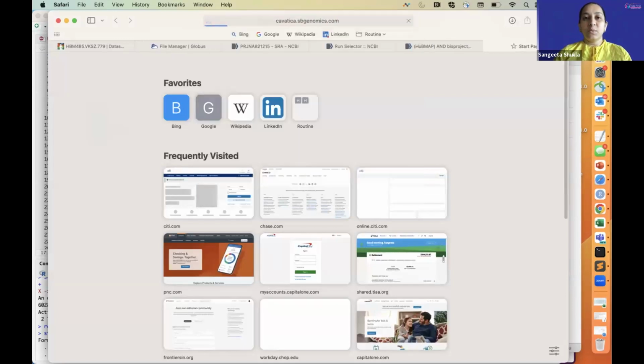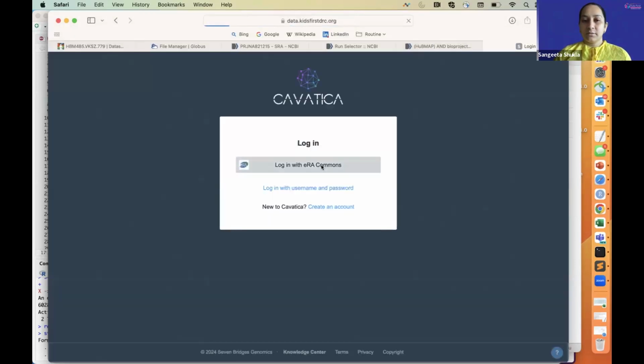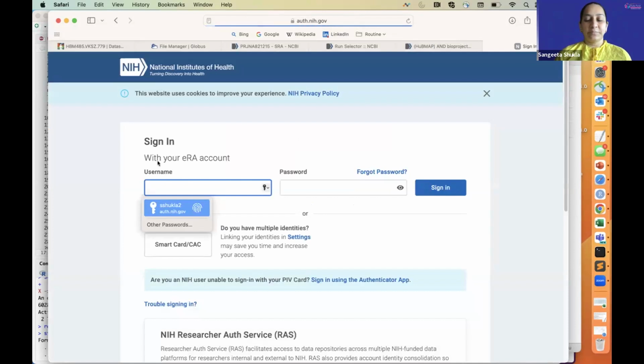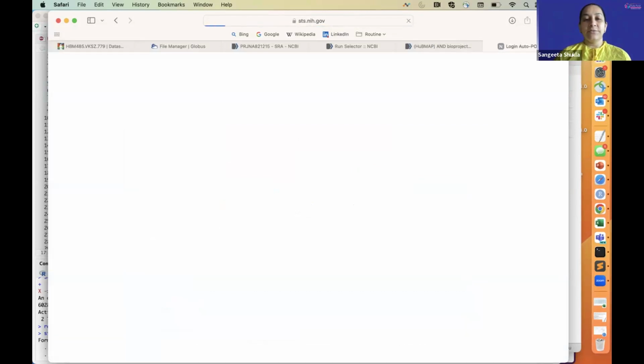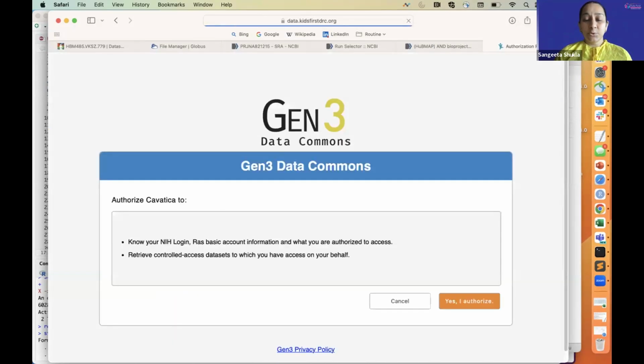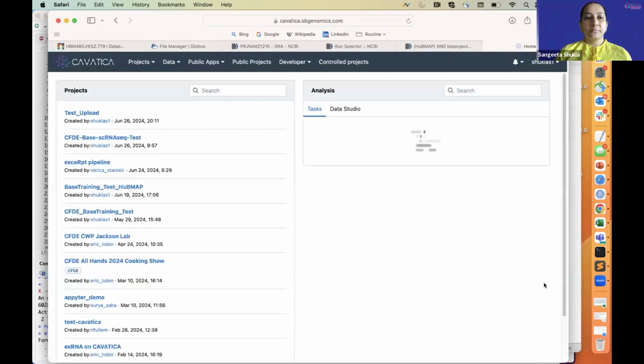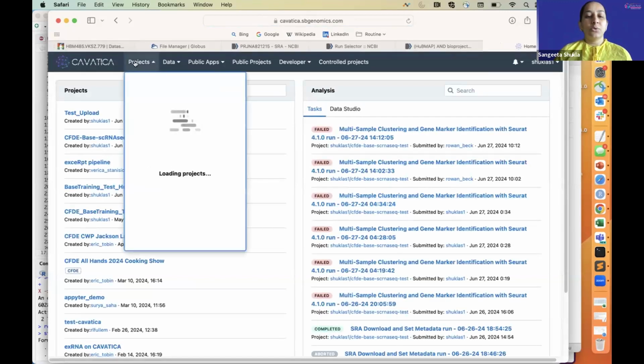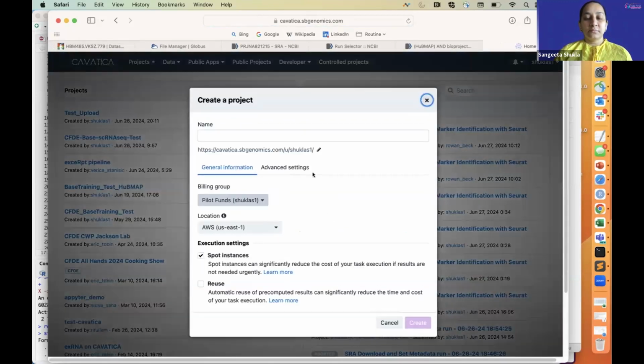And create a project where we are going to run all of our analyses for today. I have my credentials saved, and I'm using the ERA Commons login ID to log into my Kavatica portal. And here, for now, we are going to create a new project. And you'll see what exactly we need to do. All the users will have their own account reference, and we'll name this project CFDE